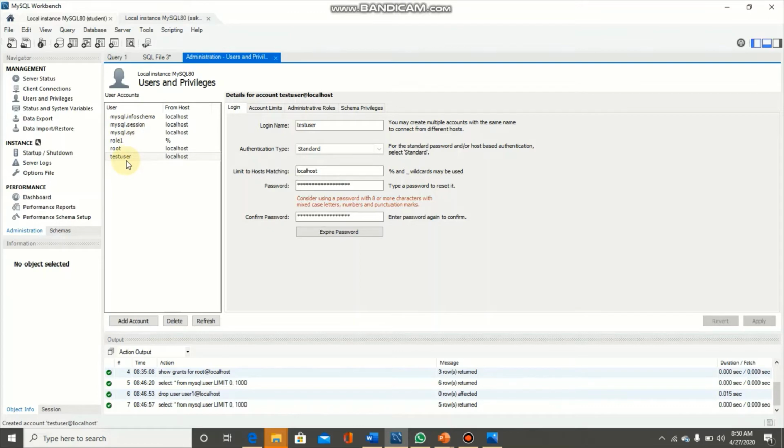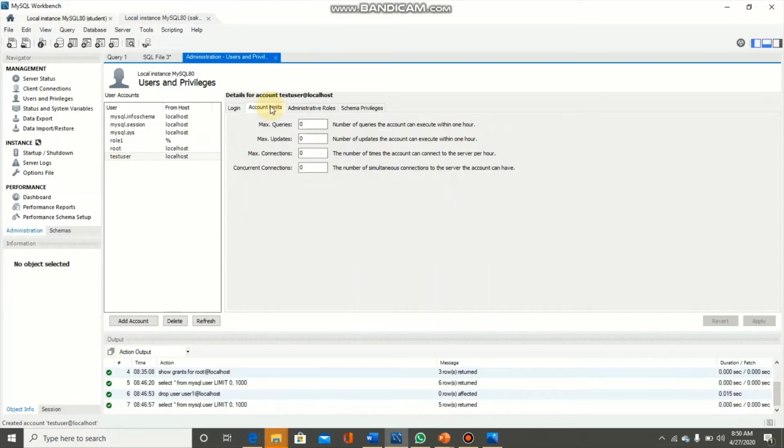Now we have some other tools in this interface too. We can limit the operations, we can reduce or we can limit the number of queries to be executed by test user. Here 0 means that user is allowed to execute any number of queries. We have number of updates, connections, and then concurrent connections.